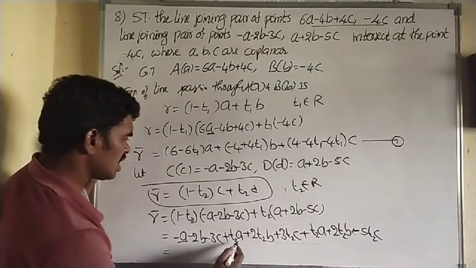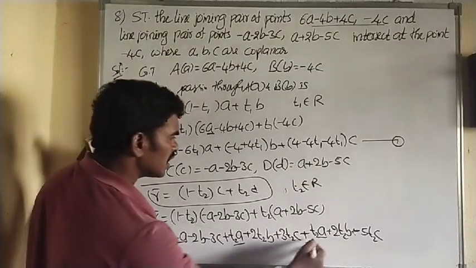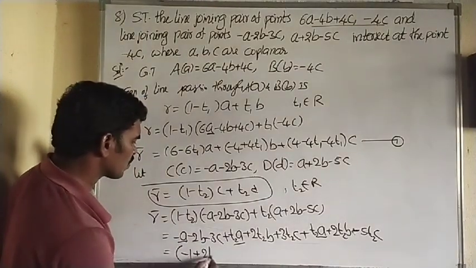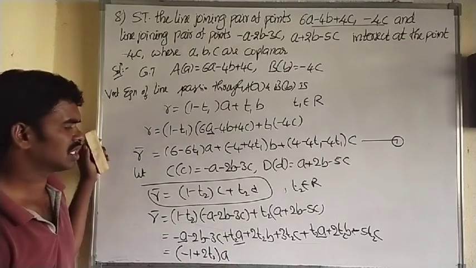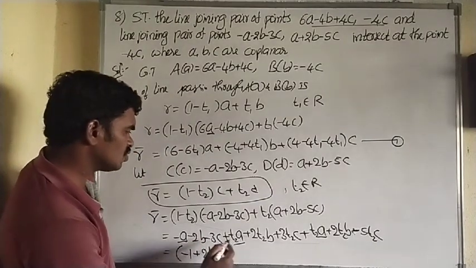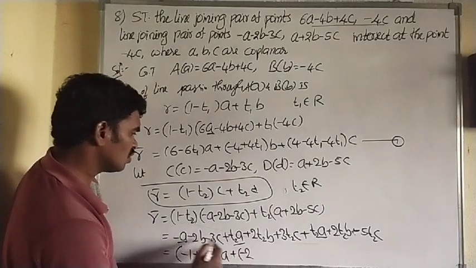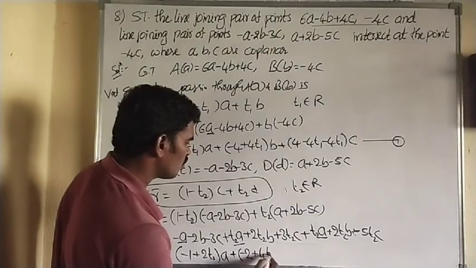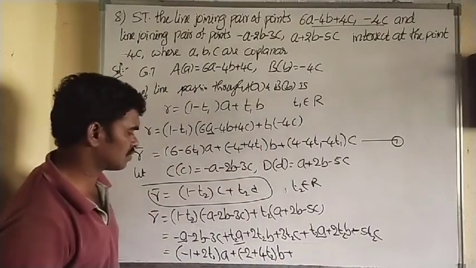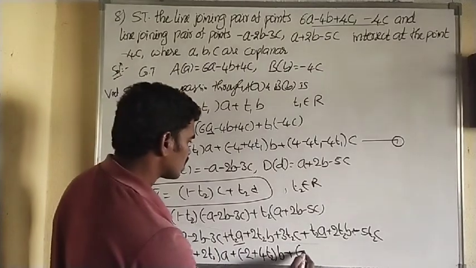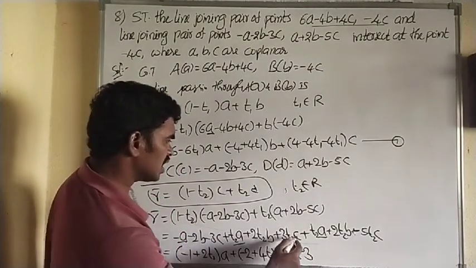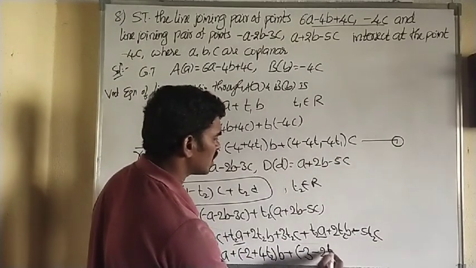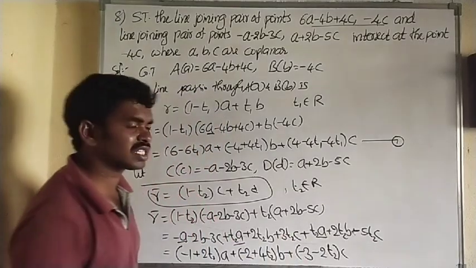So then in the next step, what are the A terms? Here minus A, here t2A, here t2A. So completely here minus 1, t2 plus t2, 2t2, A terms. Next the B terms: here minus 2, here minus 2, here 2t2, here 2t2. So total 4t2 B terms. Next the C terms: here minus 3, here 3t2, here minus 5t2. So we get minus 2t2. Am I right? Minus 5 plus 3 means minus 2.